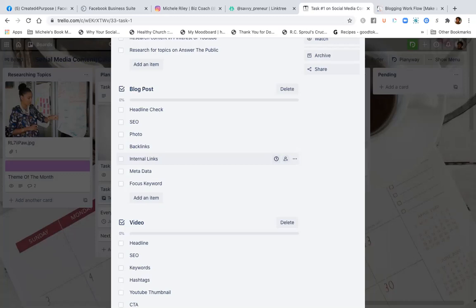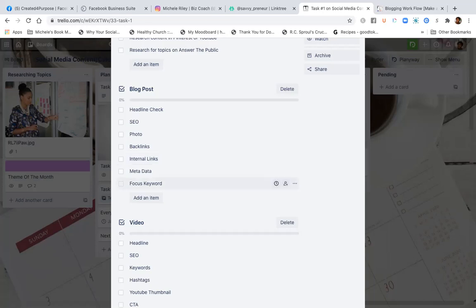So you want to make sure whenever you're posting a picture, especially if you're doing a blog post, your main picture should have some metadata behind it. This way, when people see the picture, before they even go down and read the description, it's going to basically give them what that picture is related to.